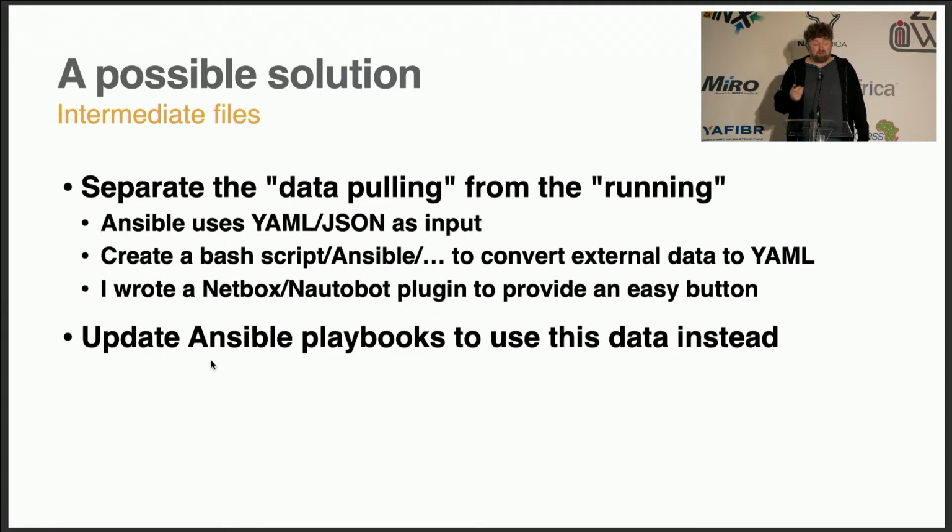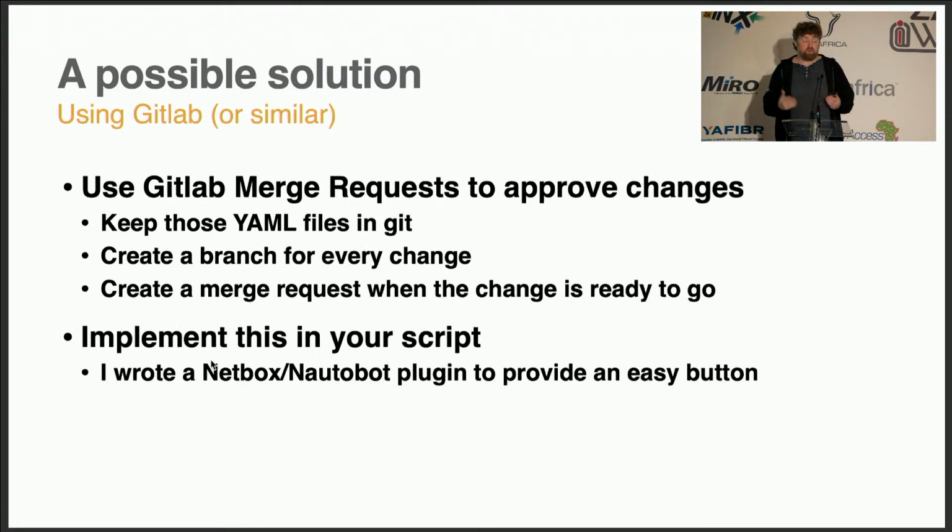To make it easier, I wrote a little plugin so people who were working in Netbox could go like, right, I made some changes, send, and then it would automatically create the export and put it in Git. So we use GitLab, but you can use other systems as well. So what happened is they changed something in Netbox, they created an export in GitLab, it created a new branch, and GitLab has a nice merge request feature where you can see like the old version and the new version side by side.